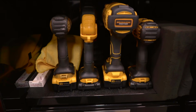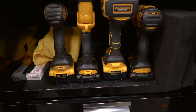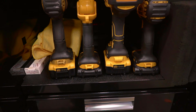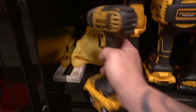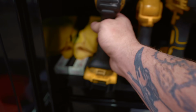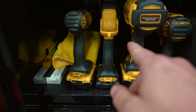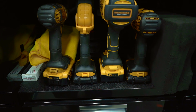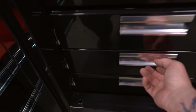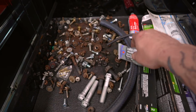Then another thing is I bought these two things. This is the 1/2-inch DeWalt impact, and then it came with the light, and it actually came with a 3/8 impact also, but I took that home because I just use this one because I can switch the ends to 3/8 and quarter and whatever. I got my Snap-on bag back there. I got some other random stuff in here, and then it's got 3 drawers. I just keep random stuff in here. I got nuts and bolts and RTV,